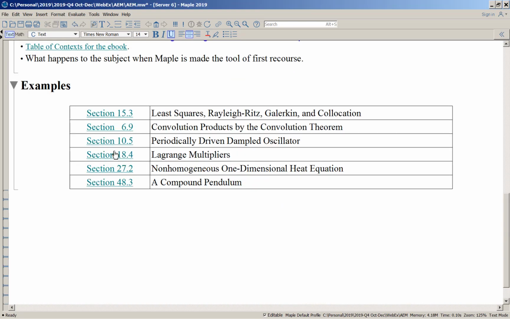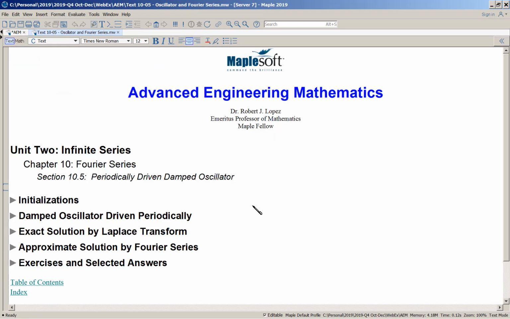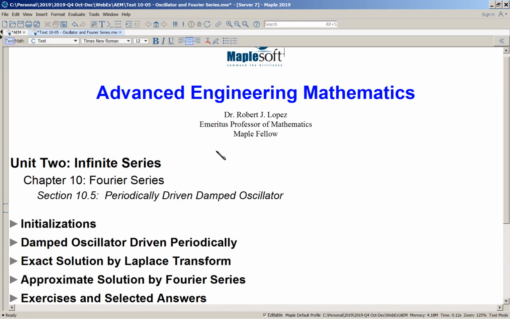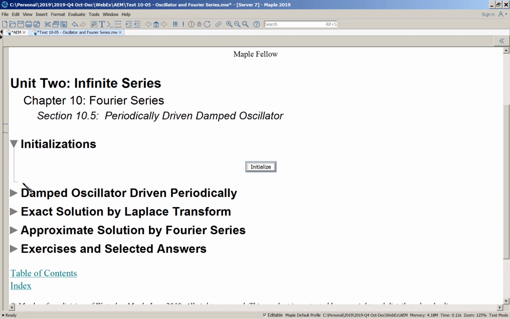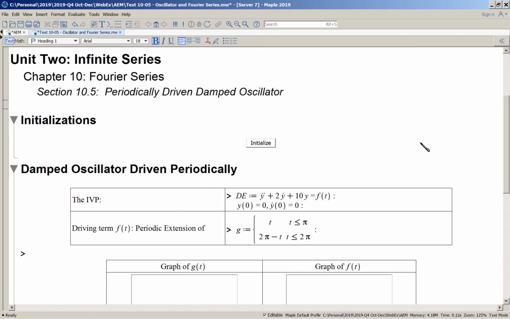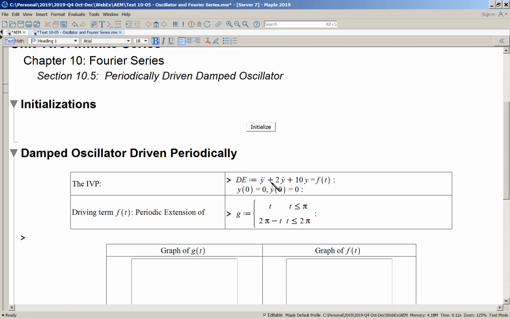This time we'll be looking at a periodically driven damped oscillator. So again, I've streamlined the approach. There's the initializations, and this is the problem that we're looking at. We have a damped oscillator. Initial value problem. Inert initial conditions. Now, what is the driving function? Let's execute this stuff. The driving function is the periodic extension of this function,